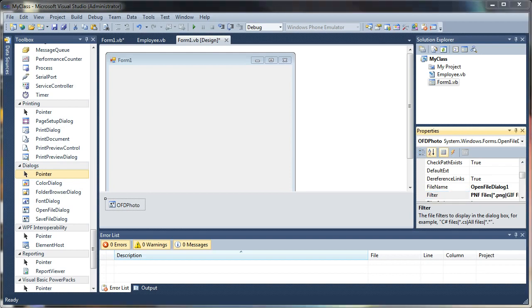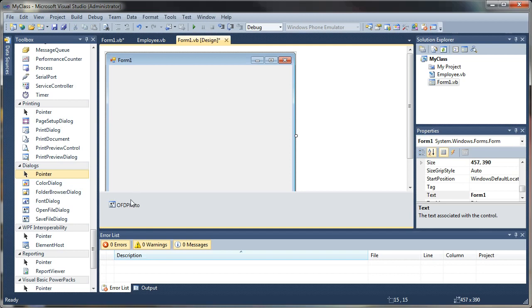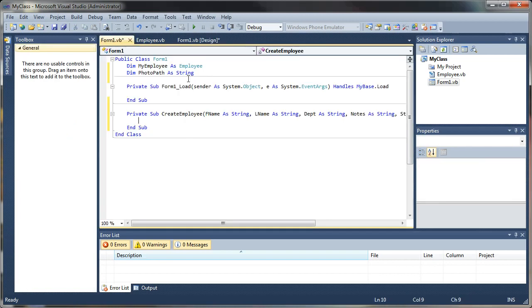And that will filter our open dialog. You know, when you go to open a file, that'll filter the results of what you see. I don't think I really need anything else here at the moment. So now that we have that, we can come back to our form code, and in our create employee,